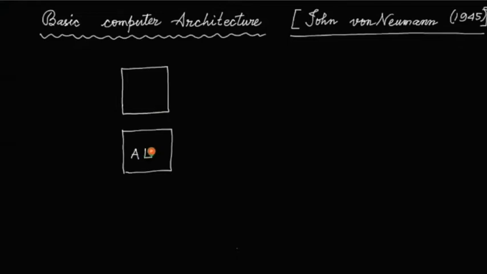What is an arithmetic logic unit? This does all the operations. Let me list a few operations which it can do. The actual computations are all done by this part of the computer. It can do addition without carry, addition with carry,